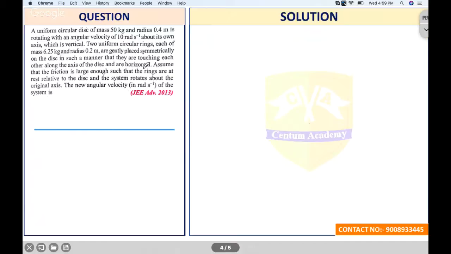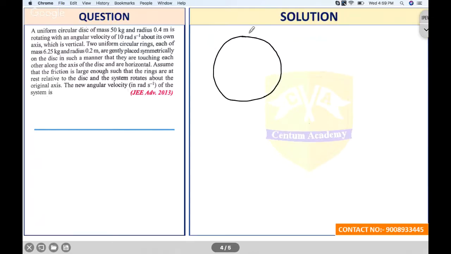Now clearly this is the case of conservation of angular momentum. But at times students are in a hurry and they don't pay attention to detail, and that is why you will arrive at the wrong answer. So if you pay attention carefully,